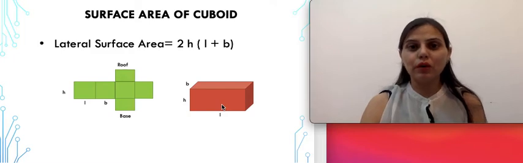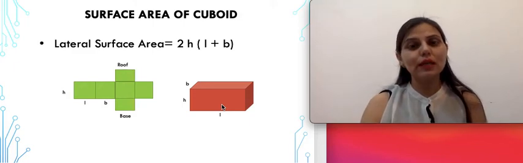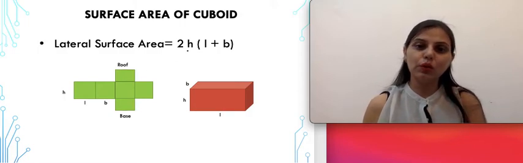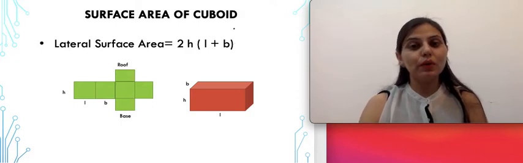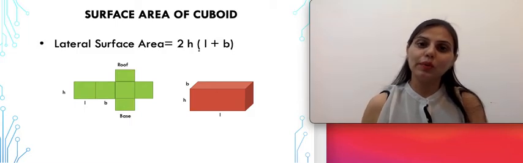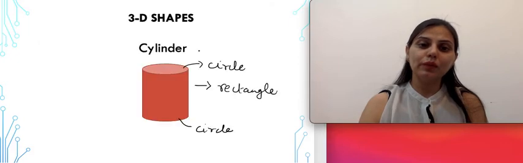So in a room in which you are sitting, there are 4 walls, and generally we are asked questions like how much area is required to paint all the 4 walls. In such a case, we are going to calculate the lateral surface area, which is given by the formula 2h multiplied by L plus B. And it is very important to keep in mind that while solving the questions, all the dimensions, whether for length, breadth, or height, should be in the same units. Coming on to the next surface area now.